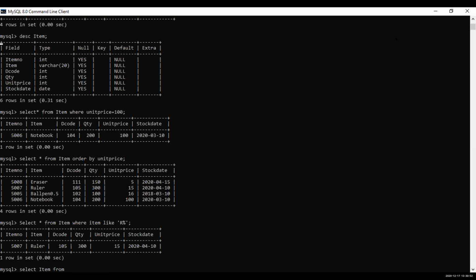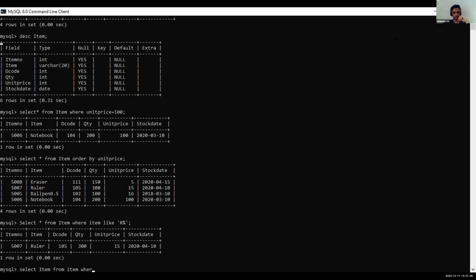From? What is the table name? Srihari, what is the table name? I got confused, ma'am. I wrote something else. Table name you can see here. Select star from item. So item is the table name. Yes, ma'am. Okay, so select item from item. So usually we don't give a table name and column name as same. But here it is, that is okay. Okay, from item.